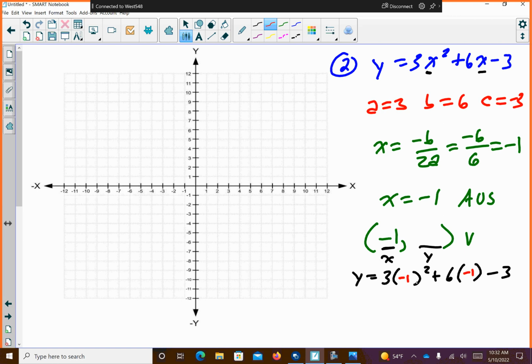Okay? So -1 quantity squared is? -1 times -1 is? +1. +1 times 3 is 3. 6 times -1 is -6. And then -3. So that gives me -6. So -1, -6 is down here. There's my vertex. Now, friends, when you get to the final exam, because this is multiple choice,